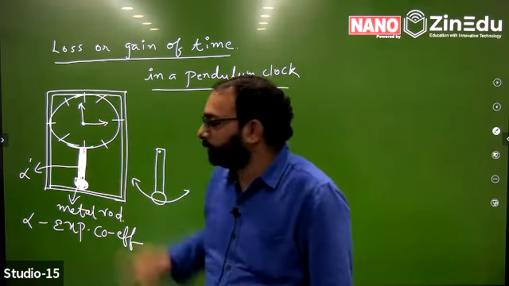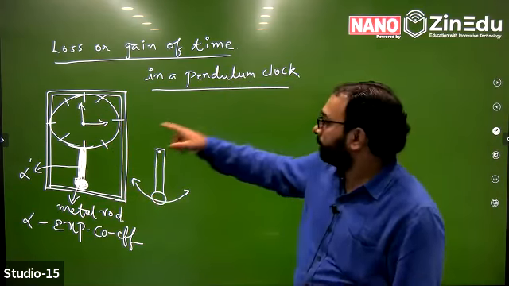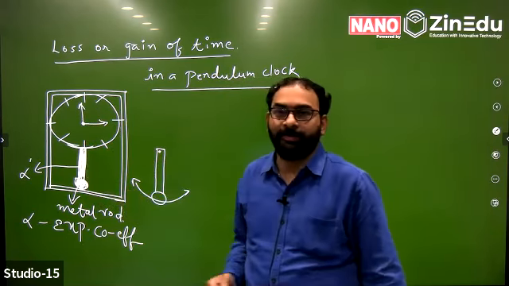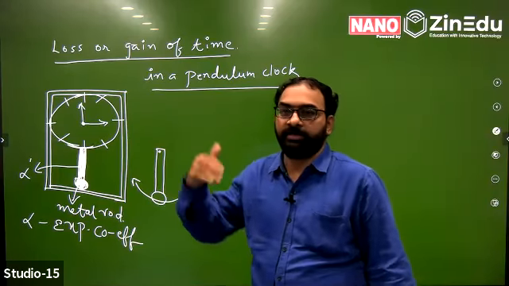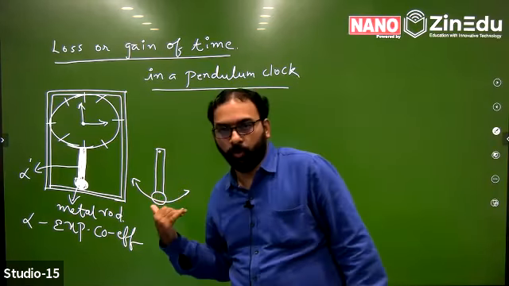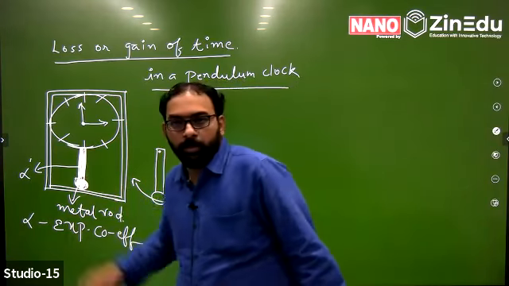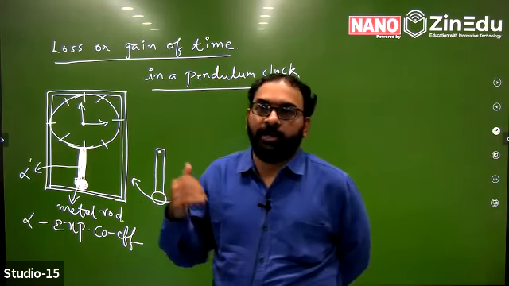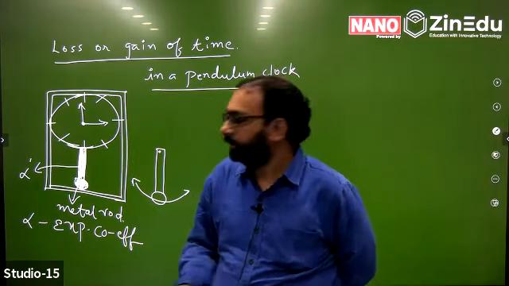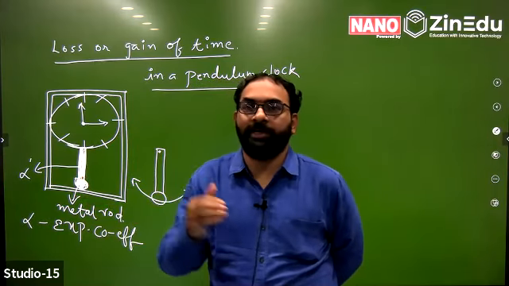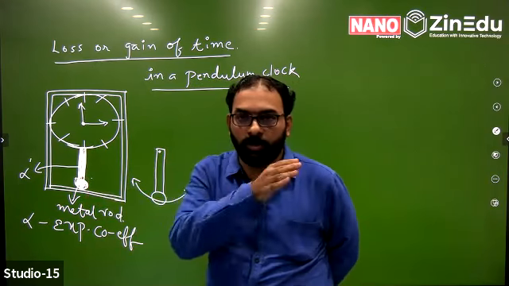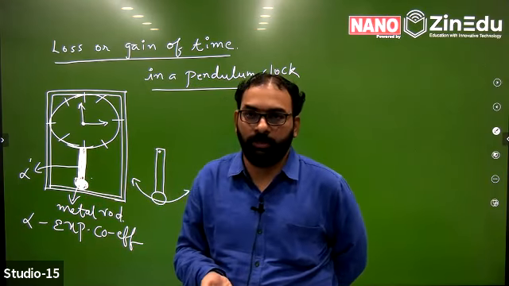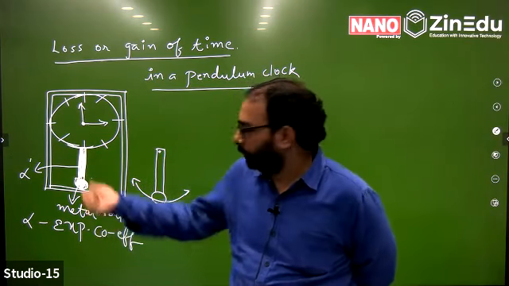In this pendulum clock, if the rod changes its length when the temperature is high or low, say at a very high temperature on a hot summer day, the rod length expands, let us assume. Then due to the expansion of this oscillating rod, how will time be affected? That is one concept we have.